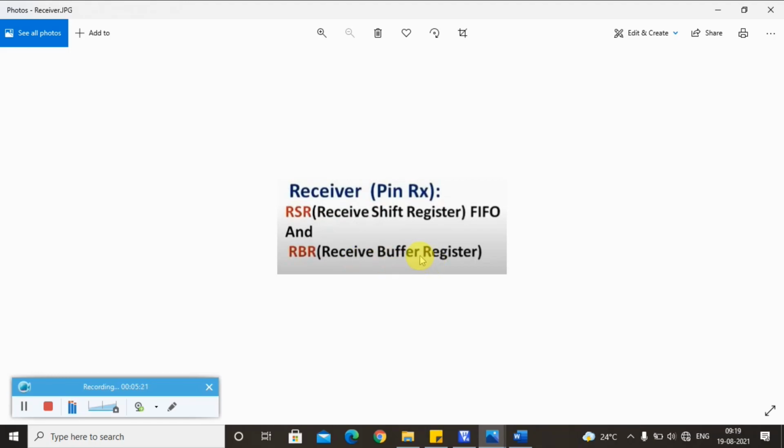So for every kind of communication we require a transmitter and receiver. The transmitter will hold the data when it is ready to transmit. Once it has transmitted, of course the receiver has to hold the data, which will be held in the shift registers. Then the communication happens at each clock signal. This is how the communication happens serially from the processor to the controller. Now let me go ahead with the line status register, LSR.